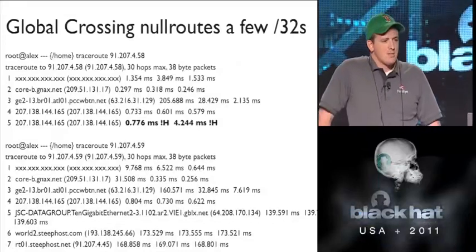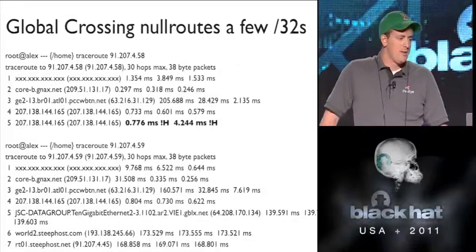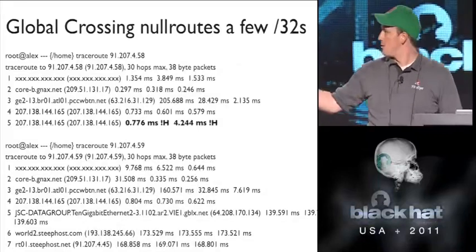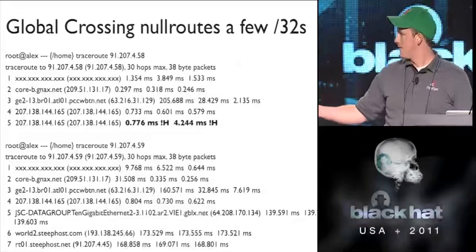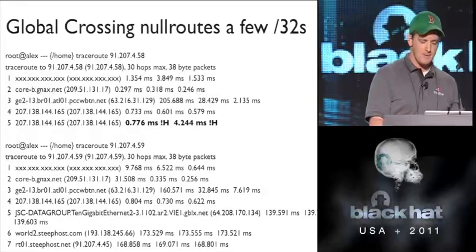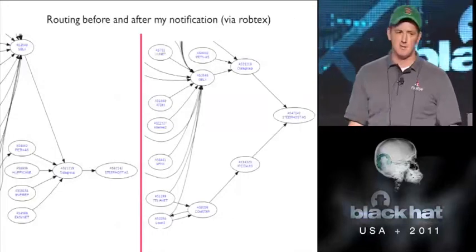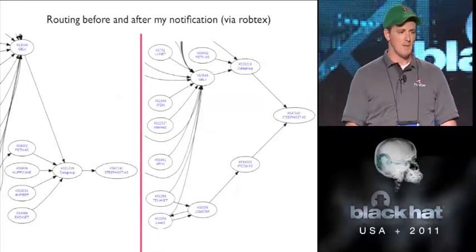And that basically made it so that if you're going through that route, you weren't going to be able to get to it. So you can see that I just incremented the IP by 1 in the traceroute, and I was able to get to it, right? So just very specific null routes. So what do the bad guys do? What does SteepHost do? Well, they say, okay, well, I'm going to get a backup provider so that if someone's null routing my connections,